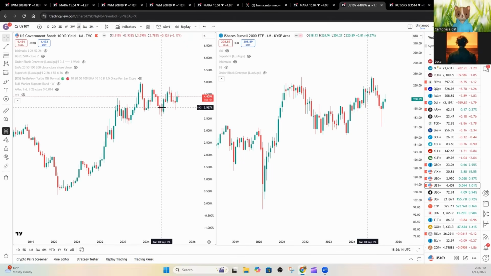And people were like, oh, they're finally cutting rates, so IWM must be going to the moon. And then they end up tricking everybody by giving you that November candle to double test the previous all-time high and then just rug pulling you after that. Even though the Fed funds rate had been staying the same, the 10-year yield has been dropping from like 5% all the way down to 3.6%. And as soon as the Fed says we're going to cut rates, guess what happens? The 10-year yield shot up just to throw you off, right? And whenever they said they were going to stop cutting rates, back around January of 2025, the 10-year yield dropped.